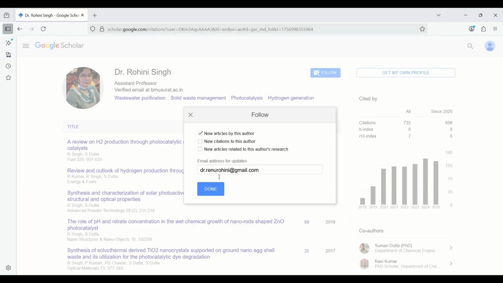If that author publishes a new article, you'll get the notification. You can click on the check boxes and write the email ID on which you want those notifications.